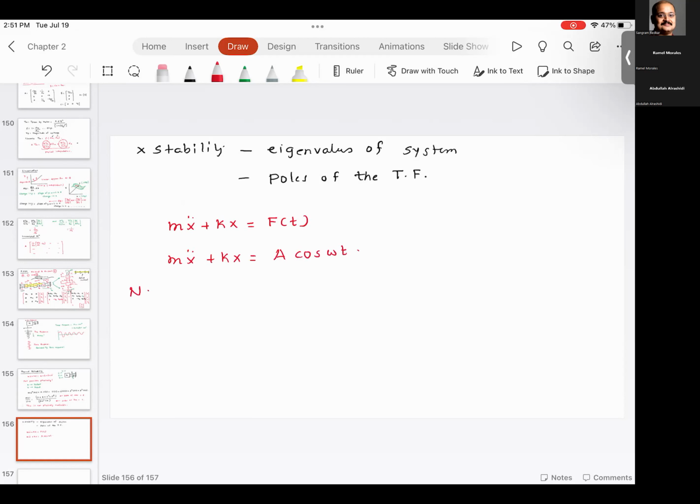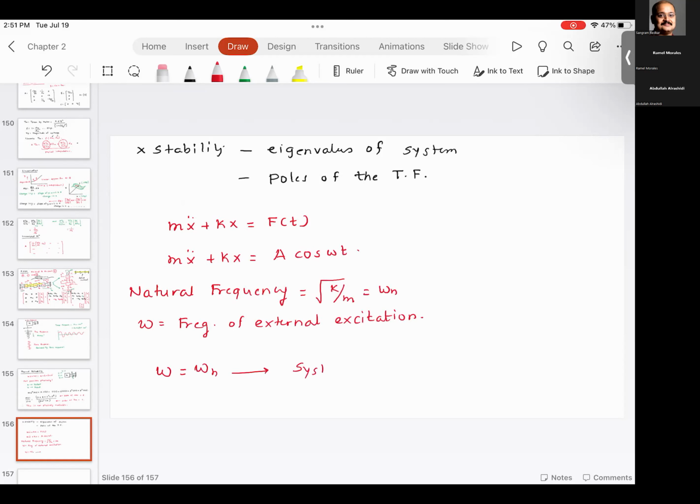Natural frequency of the system is square root of k over m, and omega is the frequency of external excitation. If omega is equal to omega n,